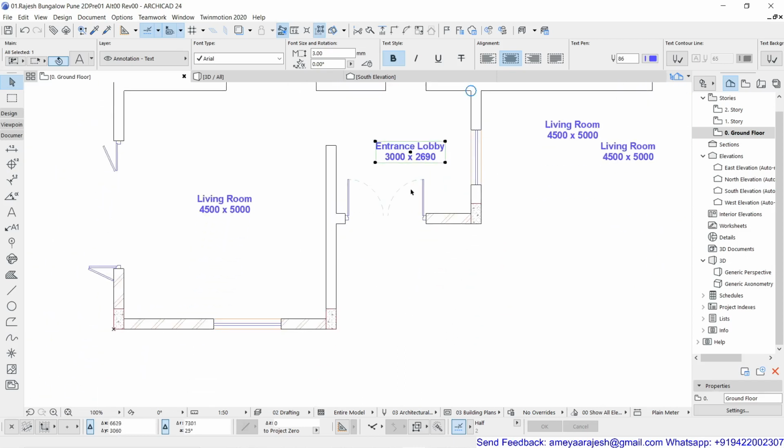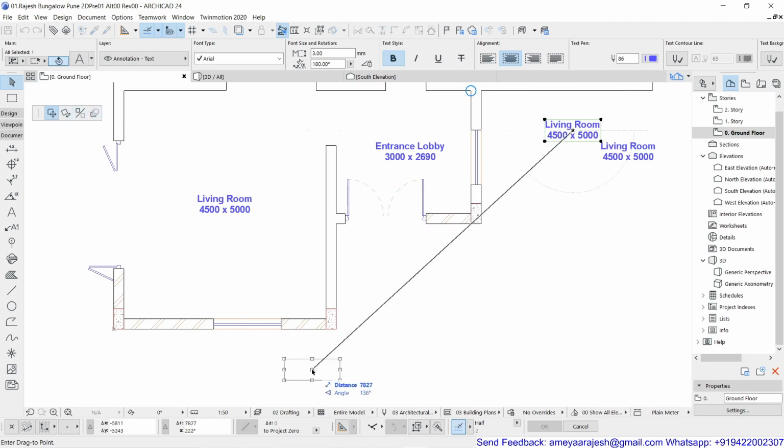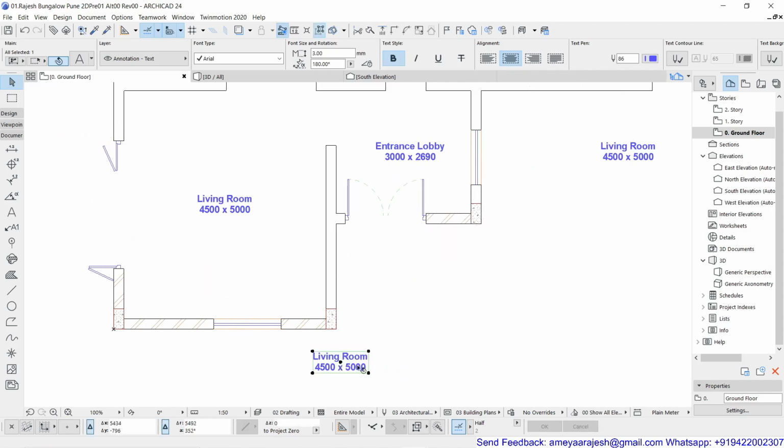Say for example, you just want to pull this text down. So I'm just now again, see, the pet palette can also work for you, to not essentially control D every time. So click on one of the nodes, that is the center node I have clicked, and you will get the standard 4 options in the pet palette: drag, rotate, mirror, and multiply. So with the drag, I'm just going to move it over here, right? And I just want to keep this as a title, maybe ground floor plan.